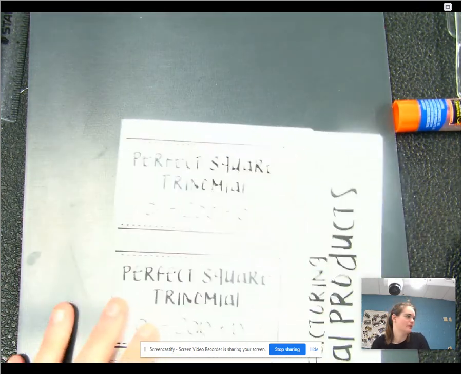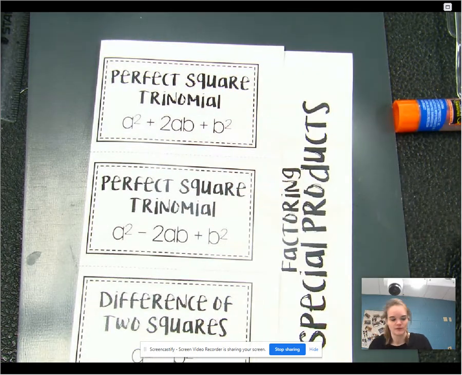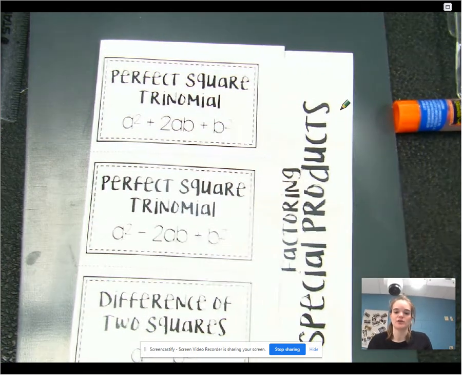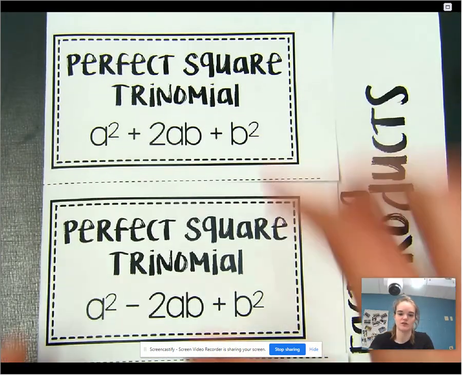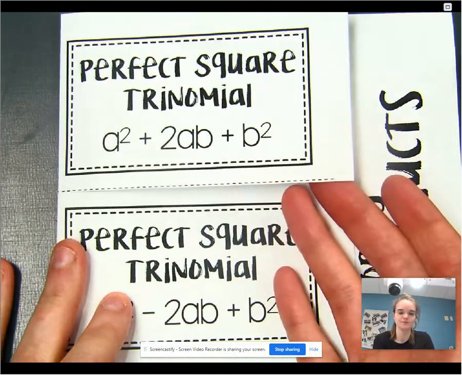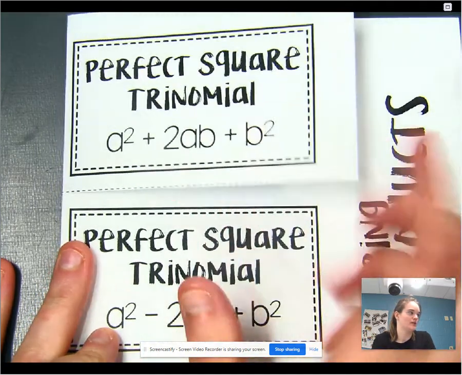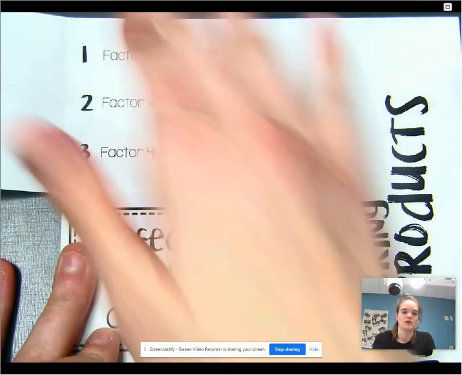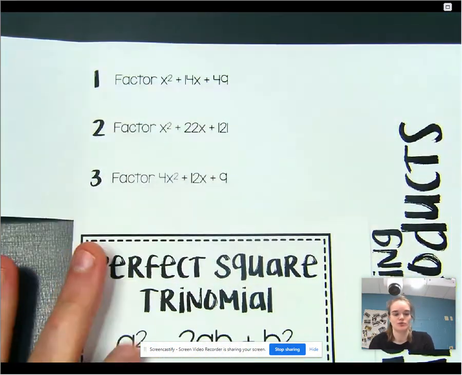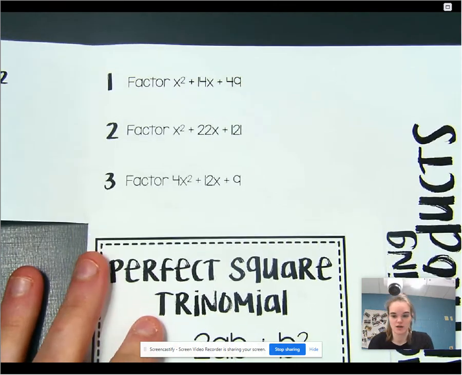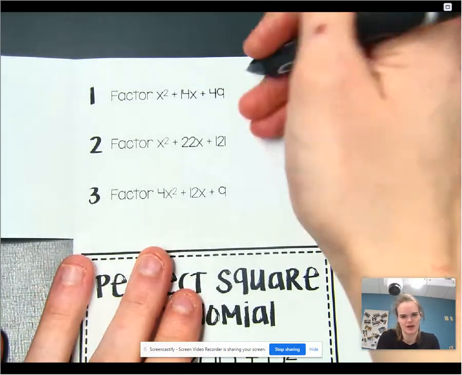So technically we've already done this before. The top two, if you don't remember how to do those, that's not going to be a big deal. I'm going to show you what I mean by that in a minute. And the bottom one is just nice, you should be able to factor it really quick. So first we're going to talk about a perfect square trinomial, okay, when it's plus and plus. We're going to talk about 1, 2, and 3, and then we're going to go over and actually write the rule. So for a perfect square trinomial, let's start number 1 by doing what we've done in the past, which is